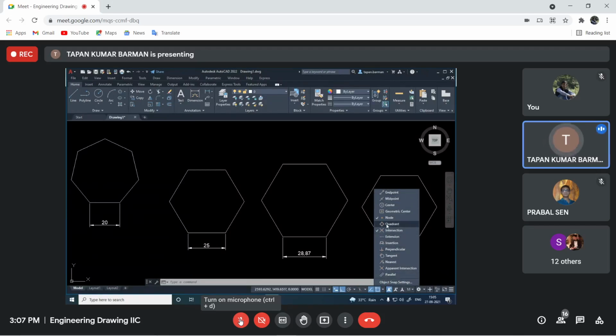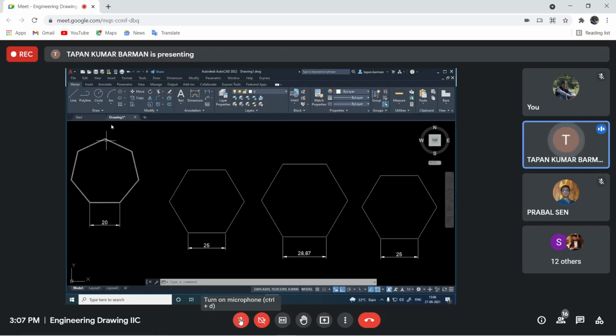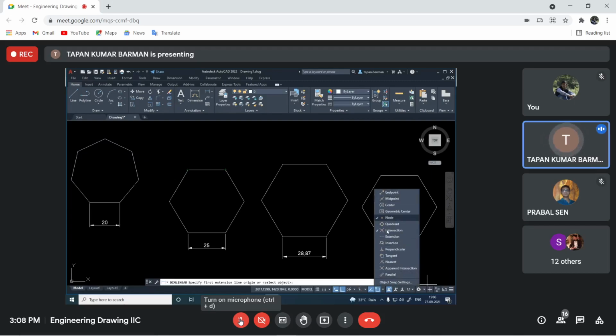The required mode should be on so that you can easily select the endpoint, the node point or the intersecting point from where you try to provide the dimension on the object. Is it clear? If it is not showing this point, then from this OSNAP mode, select the required mode so that you can easily select these 2 points to provide the dimension in this drawing. Is it clear now?